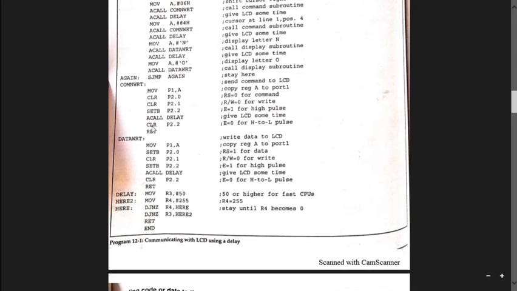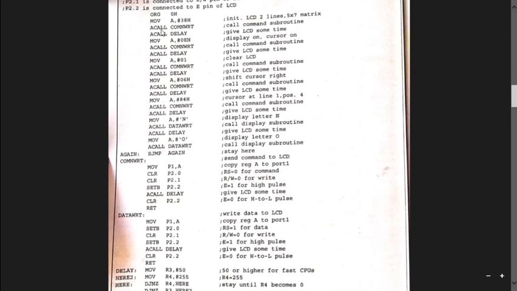It disables the latch. If E equals 0, that disables the latch. Nothing but CLR P2.2 disables the latch. Latch is connected to P2.2. Again, RET instruction and it comes back to delay. Understood? The same way it happens.